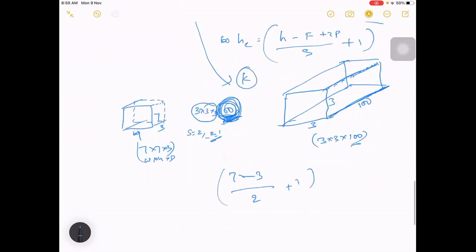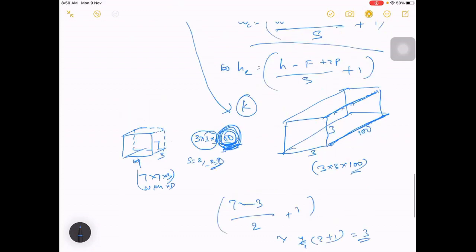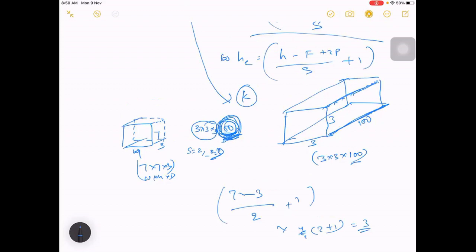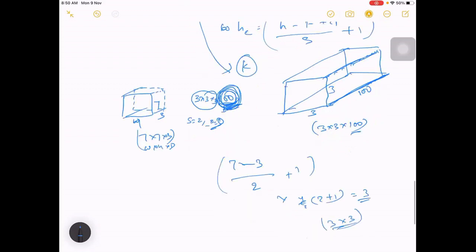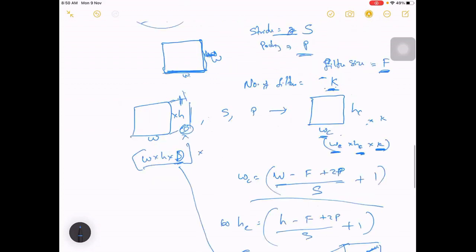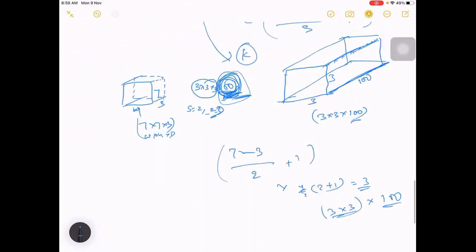So 4 by 2 is 2, plus 1 is 3. Here P is 0. Similarly for the second case as well. So you have 3 cross 3 as your output, and there are hundreds of filters like this, so you have 100. This is how we calculate the convolution layer.